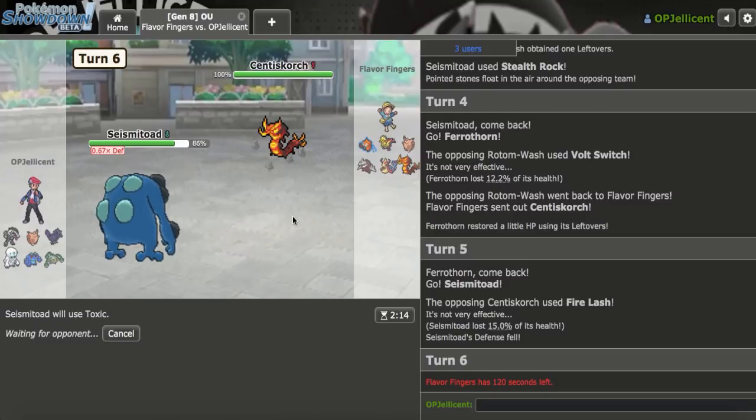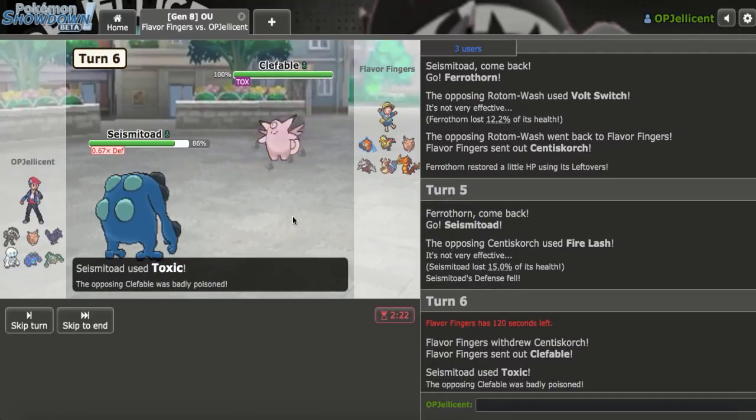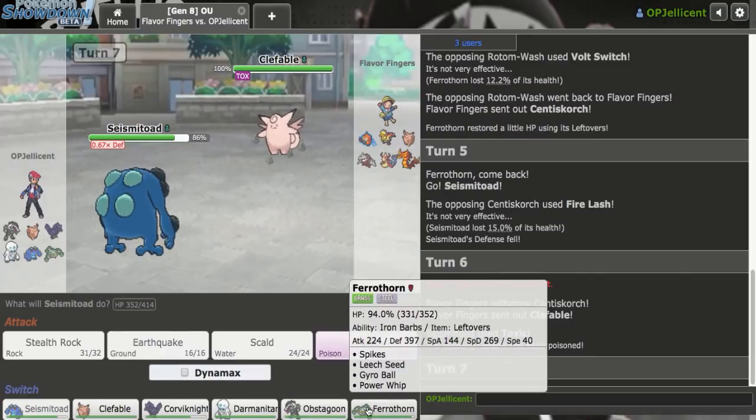If they bust out Power Whip now, I'm going to be really sad, but I don't think they will. Okay, they go to Collapse. I should have just Earthquaked, because this thing's obviously Magic Guard. Tough, I guess. Let's go to...